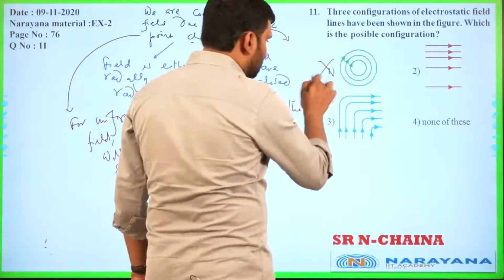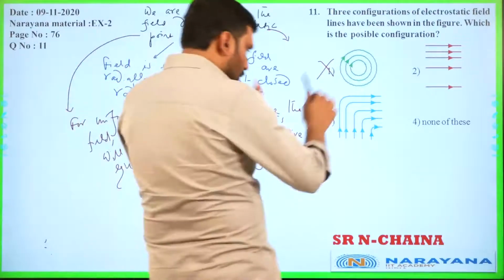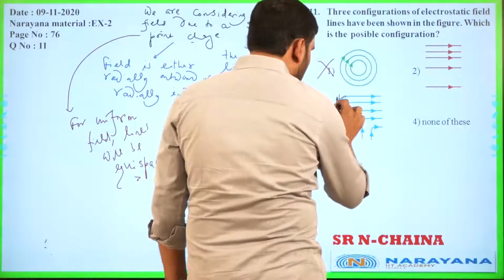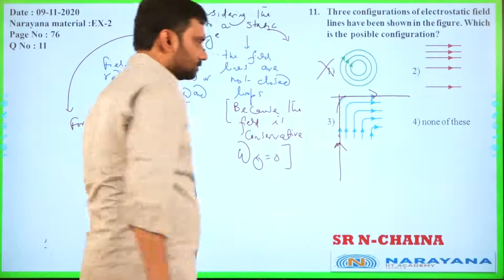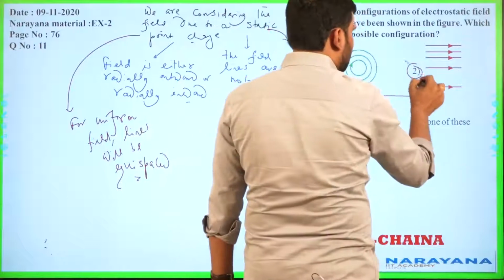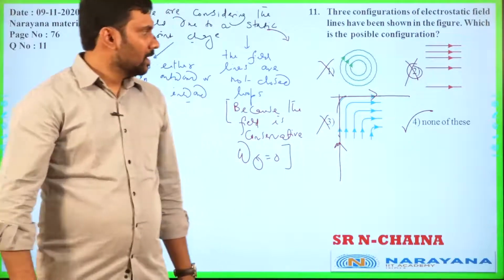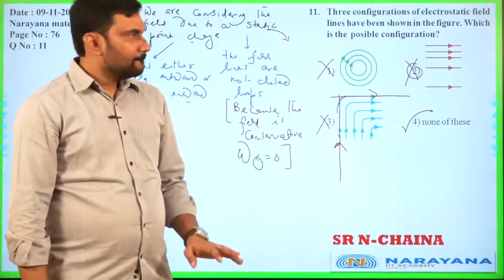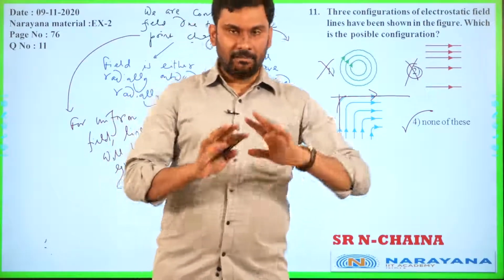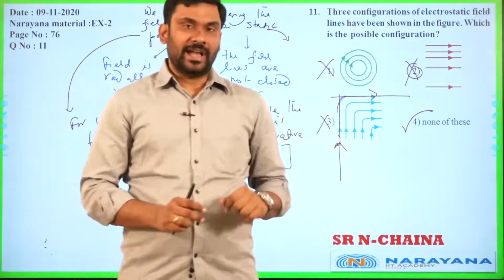Option 1 is immediately gone because they are forming closed loops, not the answer. There is no way it can go like this, because this is showing two different natures on a single field line. Due to a point charge, not possible. This is along the horizontal line, not showing the radial nature. So only one possibility is there: none of these. If you are solving for electrostatics, this is the answer. But suppose after your entire study, when the complete syllabus is completed, they ask which can be the possible electric field lines, then there is a twist and you should remember that twist.